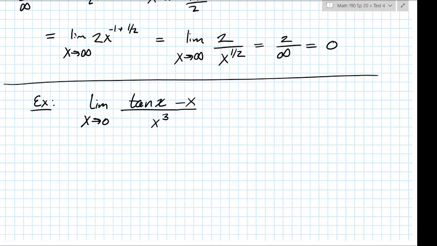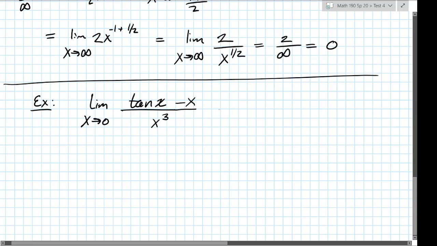Our next example involves the fraction of tangent x minus x over x cubed. We always try direct substitution first, and tangent of 0 is 0, minus 0, over 0 is a 0 over 0 form, so we can apply L'Hopital's rule,